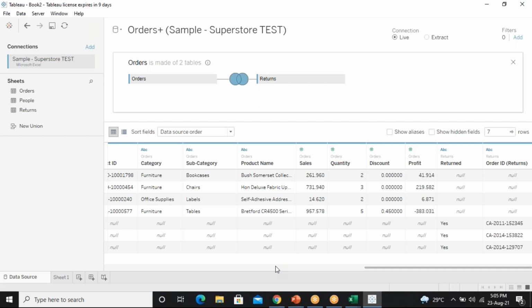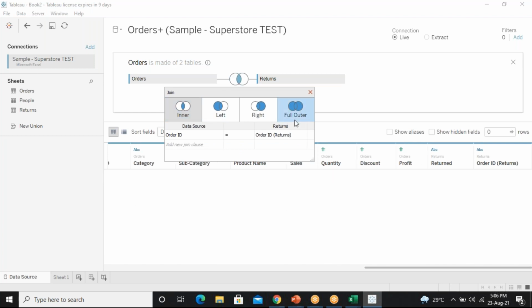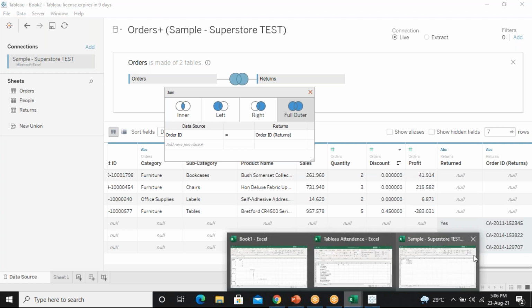I'll tell you that. Full outer is everything from the left side and right side, both coming. So you're getting that full outer one: everything from the order sheet, the 4, and returns, 3.